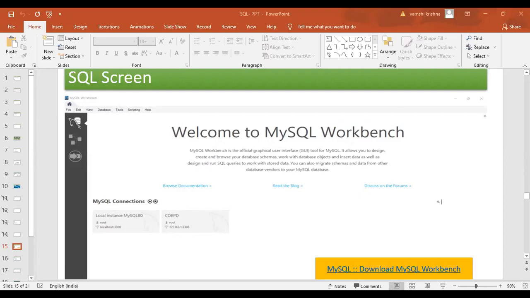Guys, we can actually install Microsoft SQL Server Management Studio, but for that you need a technical person to do it, and it has a lot of technical requirements. So in order to make our life very easy, we have another replica of this called MySQL Workbench. If you look at my screen, it is MySQL Workbench. It is very simple. You just have to go on Google and search for MySQL Workbench download. You will be able to download it.